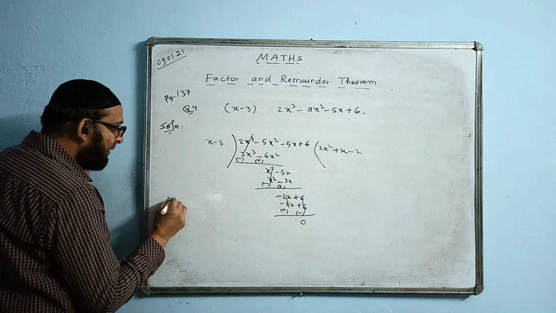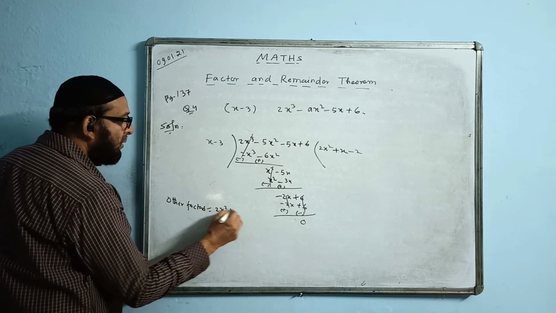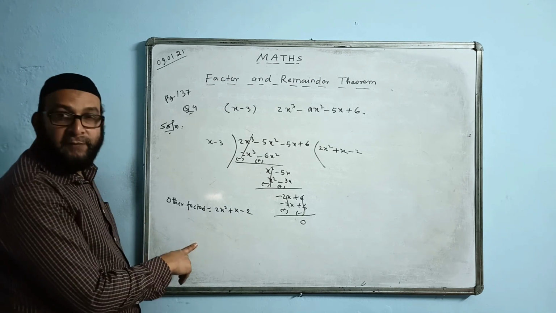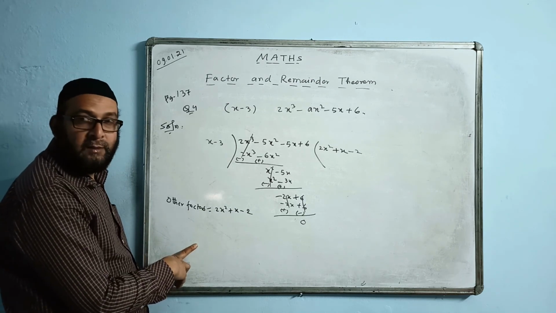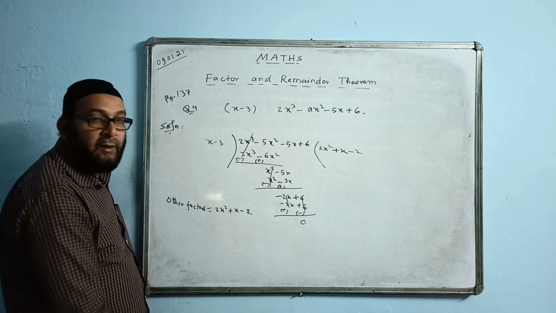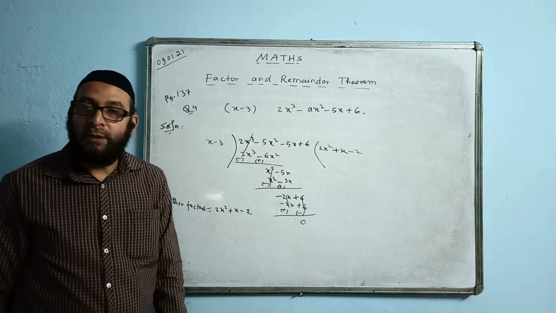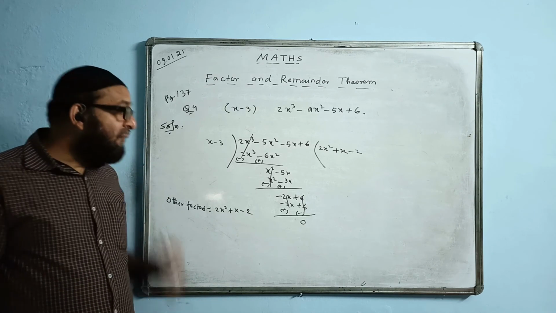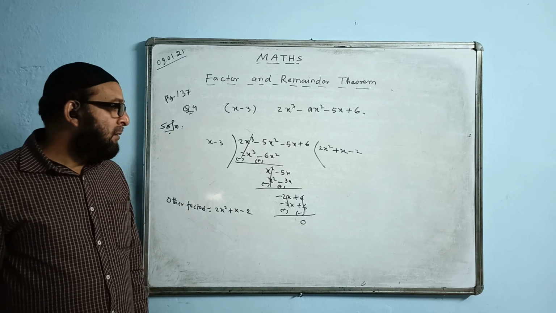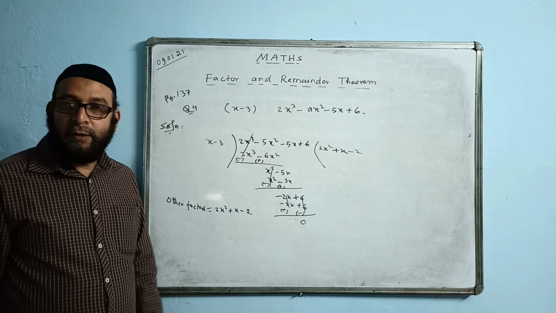Now we are writing the other factor. The other factor is equal to 2x squared plus x minus 2. Is it breakable? Can we break in middle term factors? The answer will be no, because 2 into 2 is 4, break 4 to get 1, not possible. So this only remains the answer. If you are able to break, then you should break into factors. Just now we are unable to break, so this itself is the answer. No need to do anything.